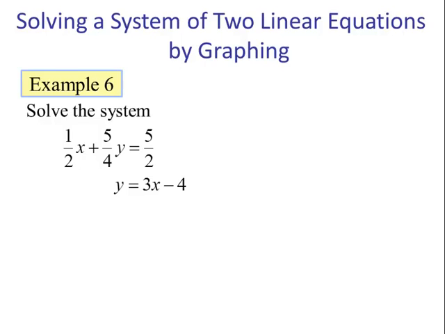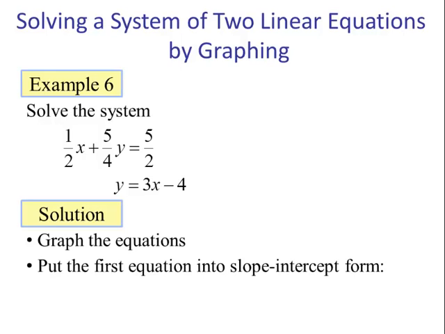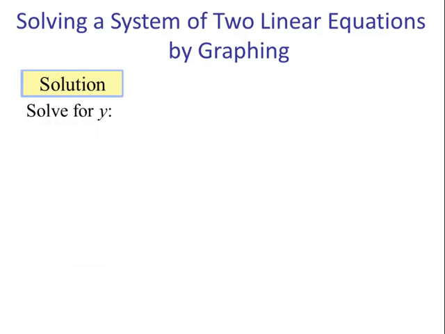Example 6. Solve the system 1/2 x plus 5/4 y equals 5/2 and y equals 3x minus 4. Solution: we graph the equations. We need to put the first equation in slope-intercept form. So to solve for y, we're first going to get rid of the fractions. So we're going to multiply all the terms in the equation by 4, the least common multiple between 2 and